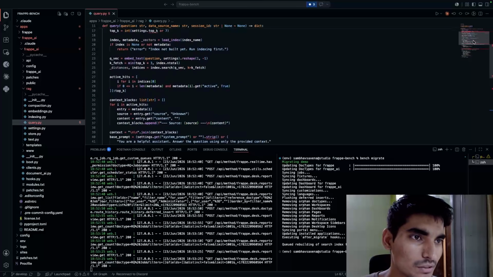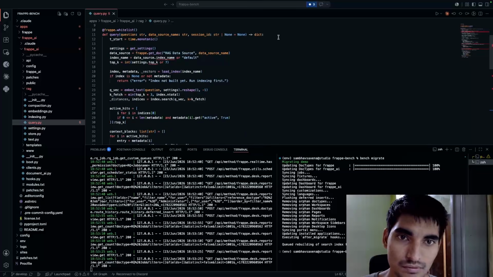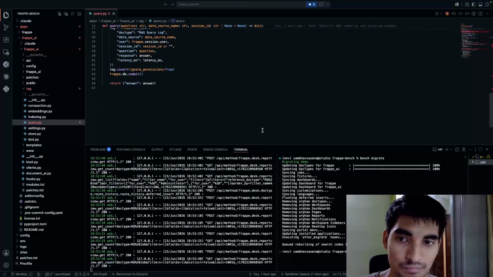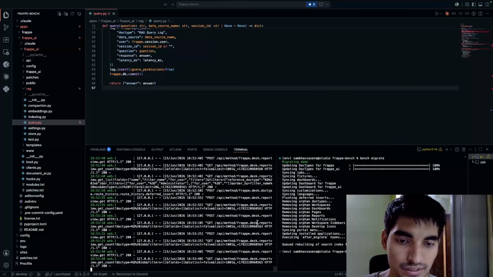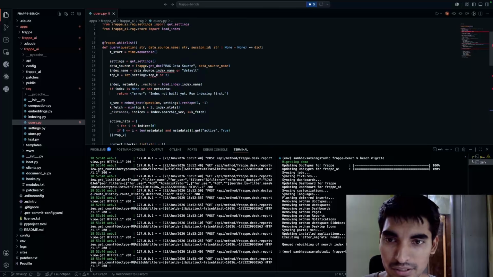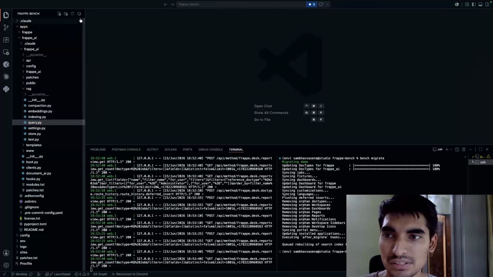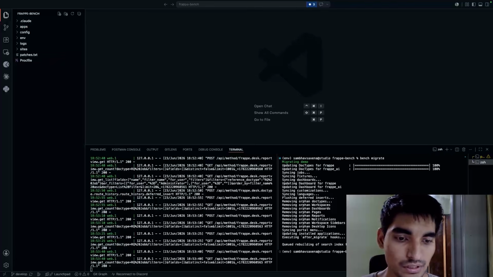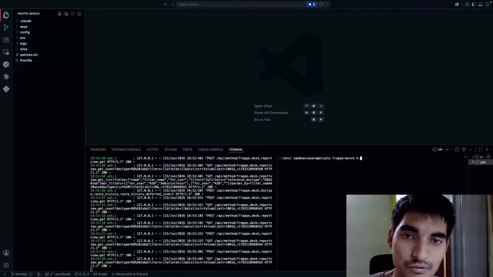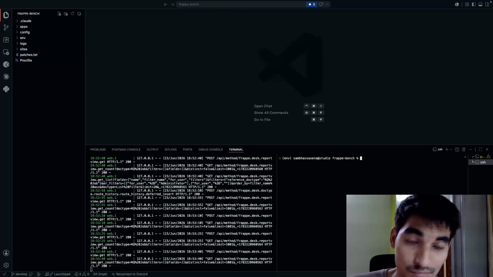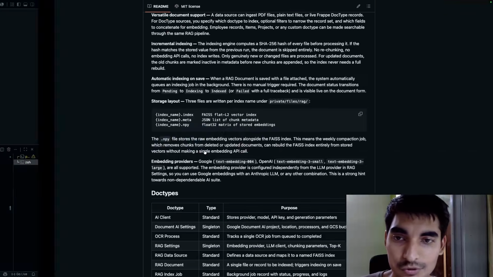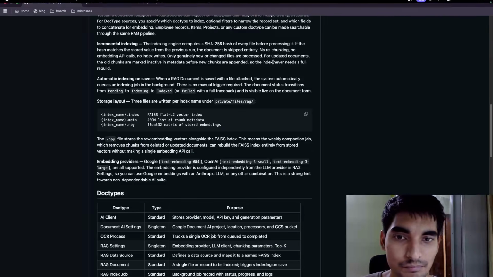I think there's something wrong with my prettier or black formatter. It's giving some vague issues like data source dot index is not defined or something like that. I'll fix it later. But yep, that's all about this video. I'd like to know about your feedback, and I would like to improvise on top of what we have built so far. Thank you guys.